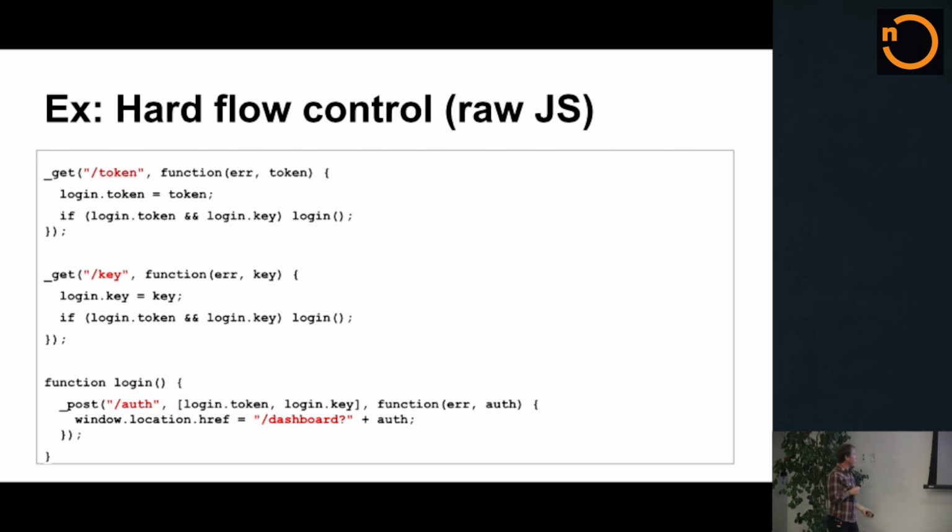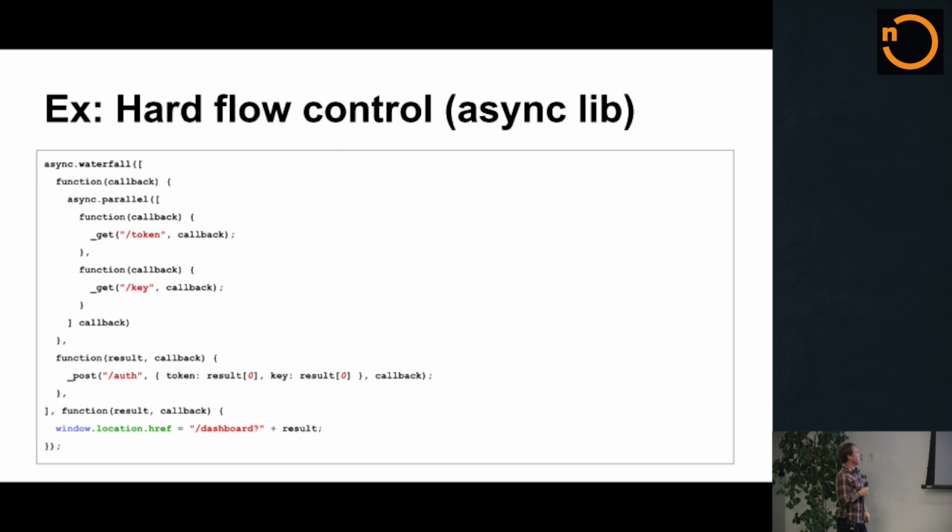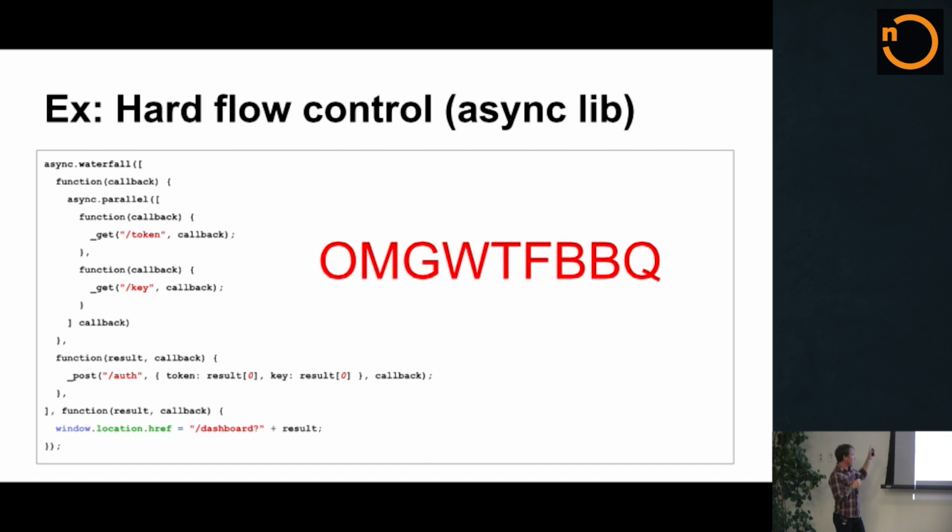We can alleviate some of this pain by using promises, but it's still a lot of code. It's a little easier to understand, especially if you're familiar with the Promises API, but the same sort of thing is happening. I'm doing two things concurrently, and then I'm doing two things in series. We can use async to do this, but my God, look at all that code. It's verbose, it's explicit, but that is a lot of code, and I think that we can totally do way better than that using generators.